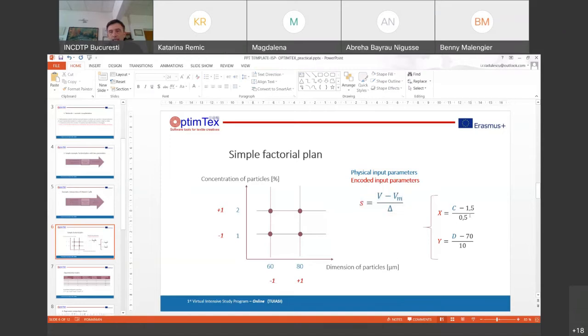And as such, we can see here these two relations for encoding the concentration of the particles, which is C minus the mean between 1 and 2, which is 1.5, divided by the difference between 1.5 and 1, which is 0.5. So, difference between 1 and 1.5. Well, so these are the two encoded variables as such as we get for the upper and lower value